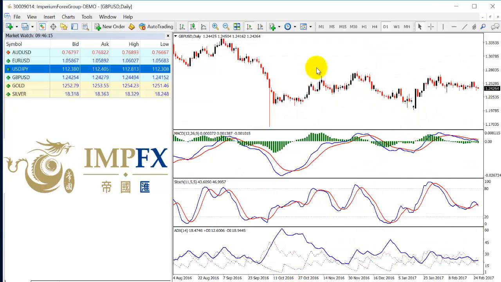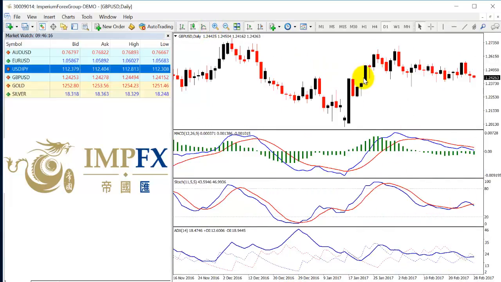Looking at sterling, well, as you can see, if we zoom in, the support of 123.80 is clearly holding very, very well at the moment. Over a period of about 6 weeks now, the market seems to be finding good support there. However, look at the indicators. At the moment, we're under zero. We've got a negative crossover from the stochastic, and a break of 123.80 would give further emphasis to the downside,